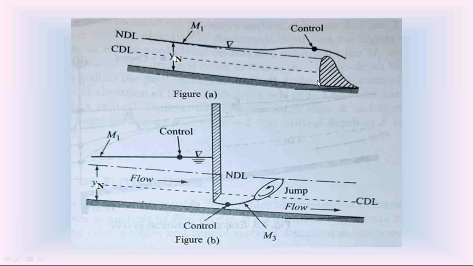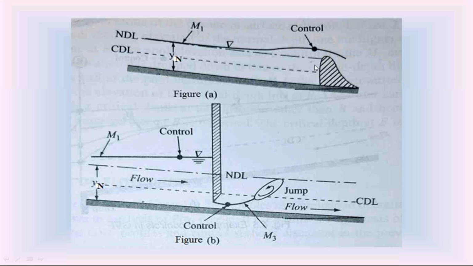Take the depth of flow at section 1 as 50 meters. If the depth of flow at section 1 is 50 meters, at section 2 the depth of flow is a little lesser value, say 49 meters, because this water surface profile is downwards. From section 1 to section 2, the water surface profile is downward. At section 2, the depth of flow is less than at section 1, so take the depth of flow a little bit smaller than at section 1.